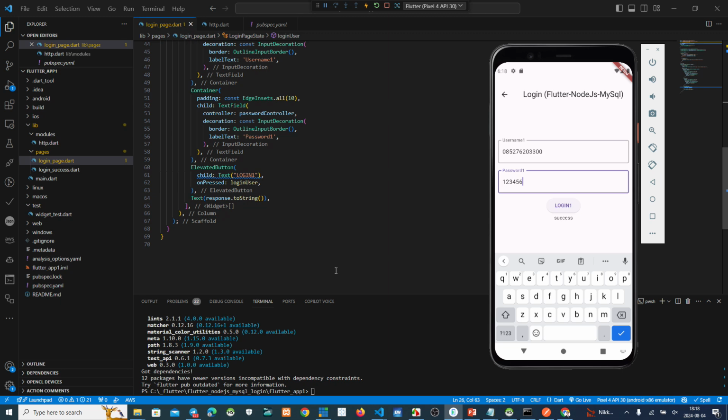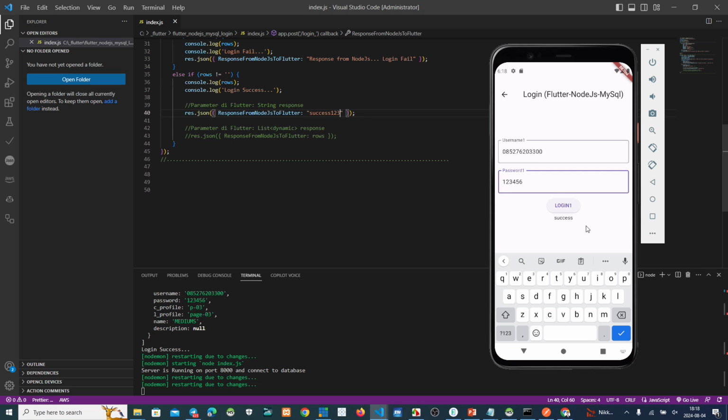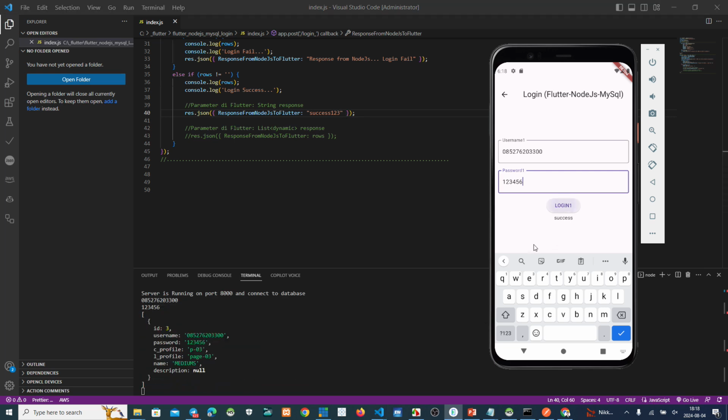Success comes from the Node.js here. Okay, if you put here success 123, we can see success 123, like this. Okay, this query is running well.